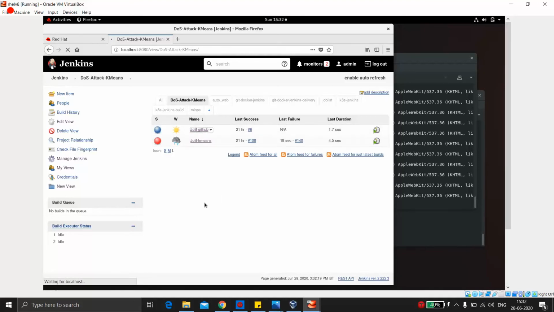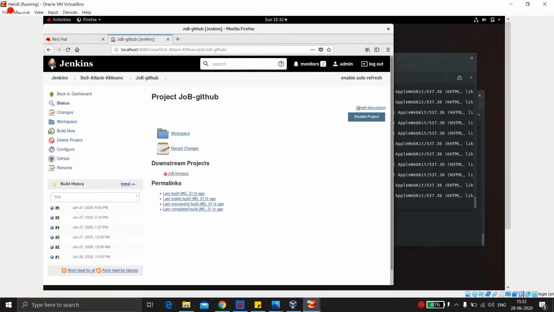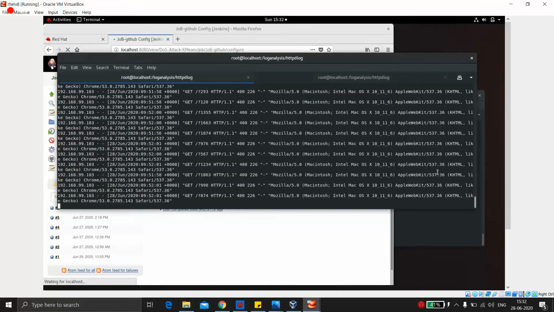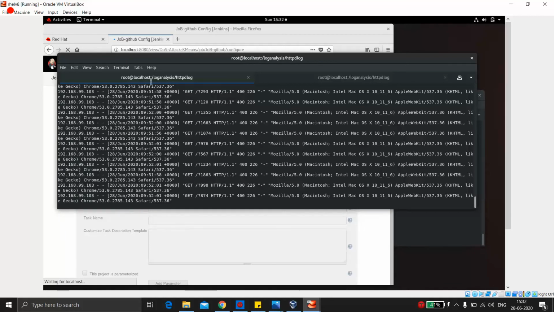So this is our first job, which I named job GitHub. What it does is it downloads the files. I'll show you the configuration of this job. You will see it's downloading the file, then it is copying to this log analysis directory. That's why I made this log analysis directory as our workspace.